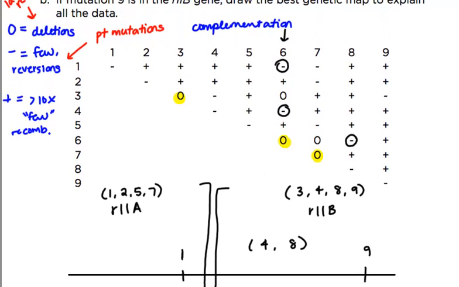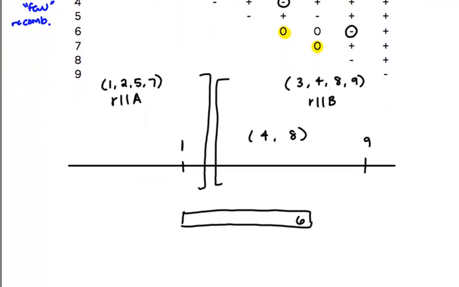Now let's look at mutation 3. Deletion 3, if you look across the column for 3, does not recombine with 4 or 9. So we know that deletion 3 must span 4 and 9. So if we put this here and say this is deletion 3,